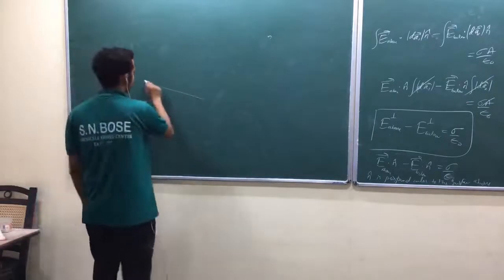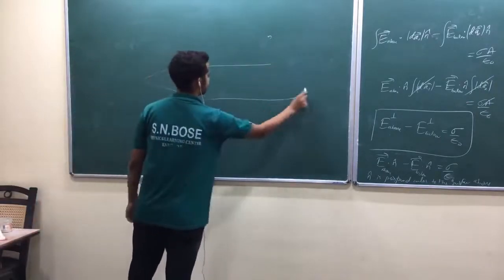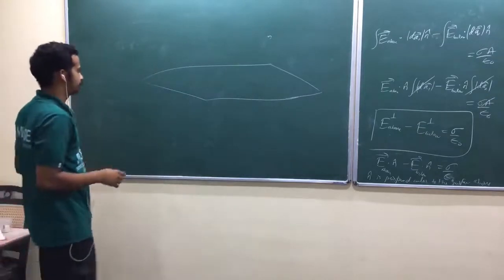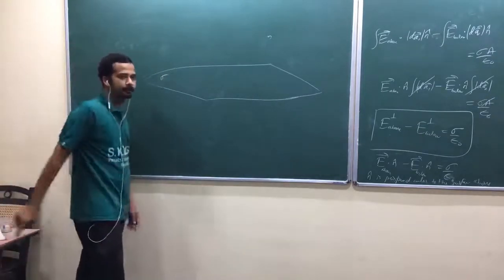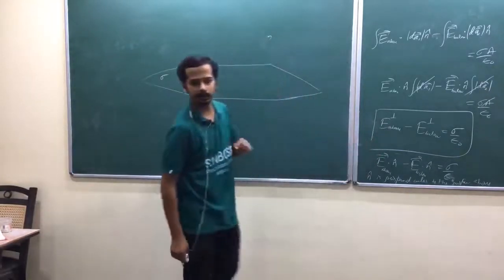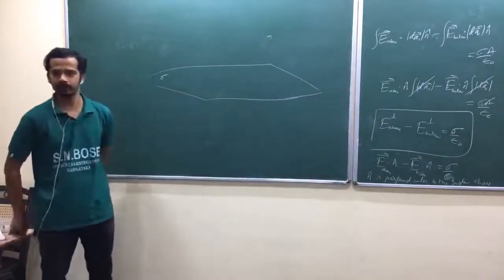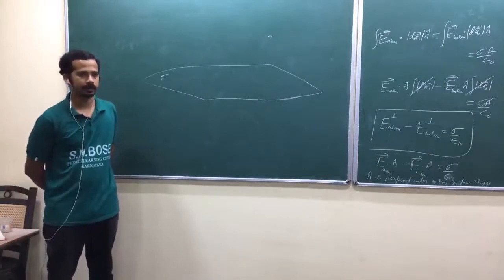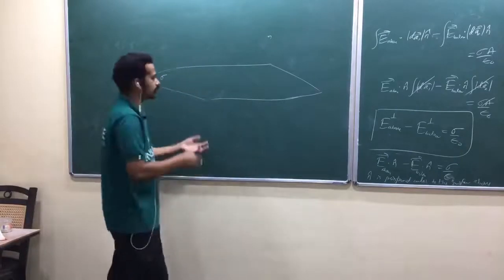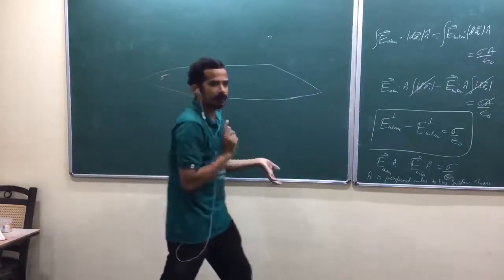Again, let me take surface charge density sigma. Here it will talk only about the perpendicular component, am I right? It will not talk about the parallel component, isn't it? Again, our Gauss law, whenever you run your Gaussian pillbox, our Gauss law will choose that.